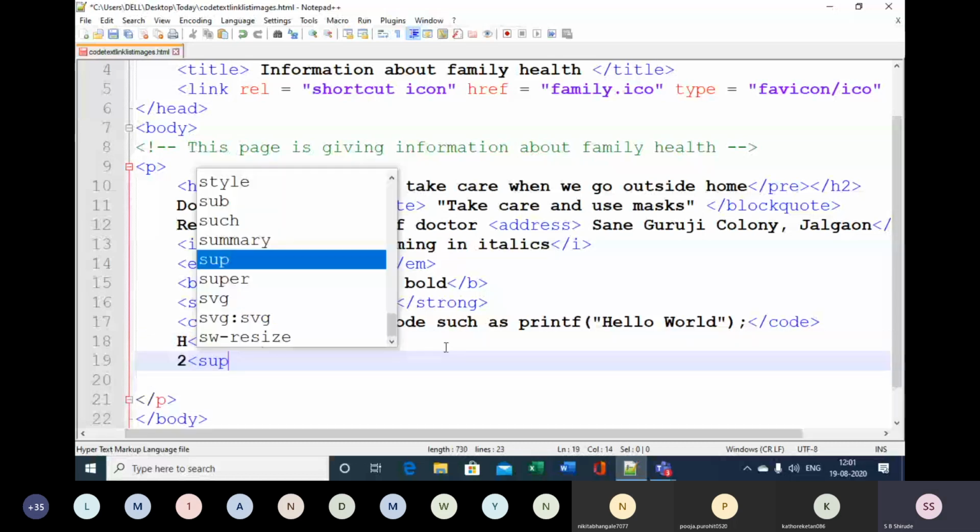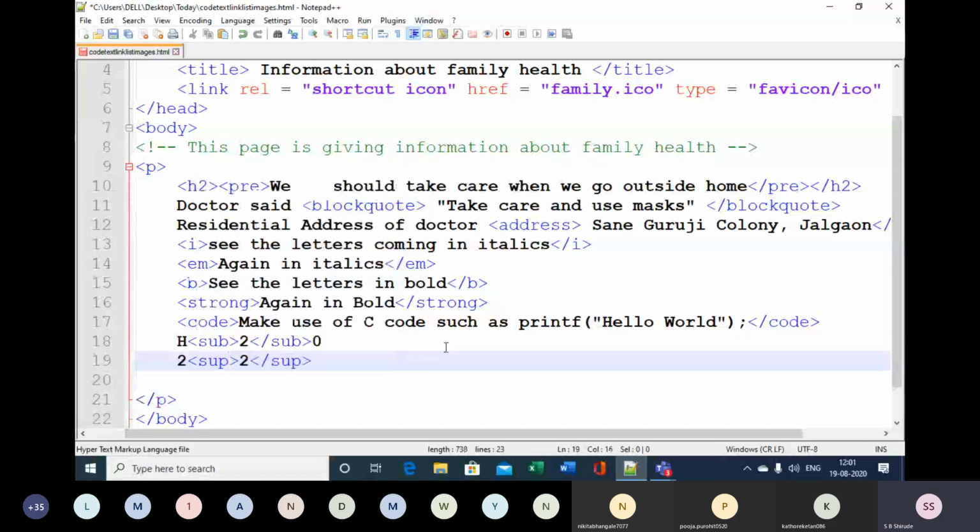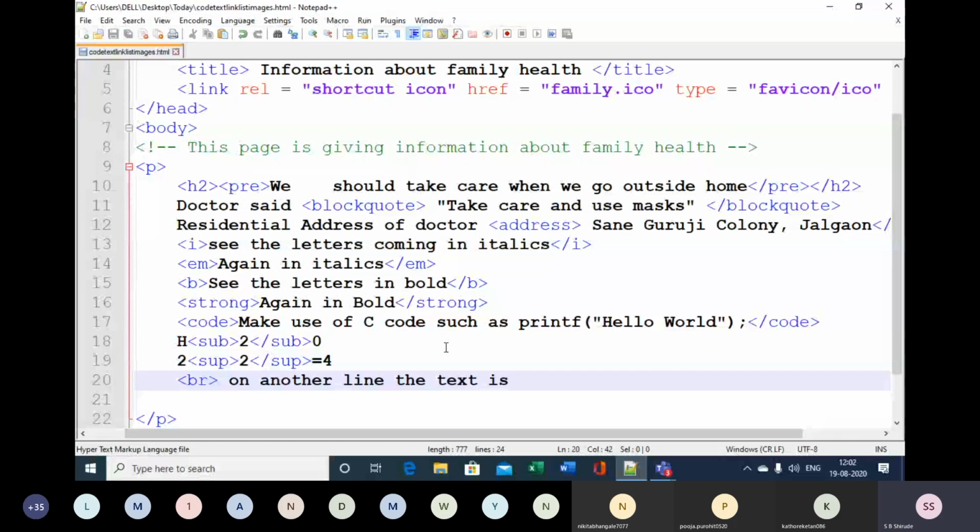And then BR, on another line the text is. So like this, here we have used I, EM, B, strong, code, sub, sup, and BR tags.